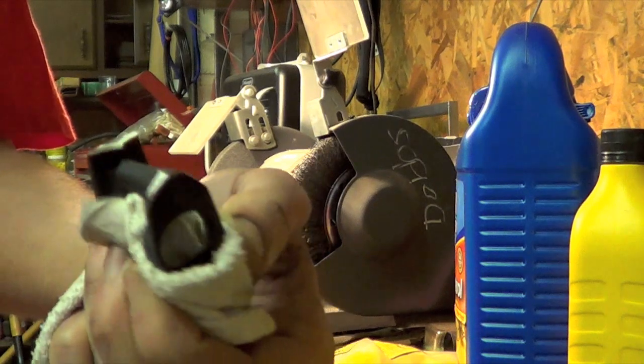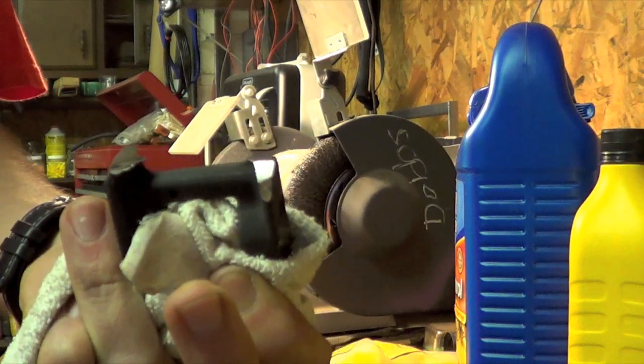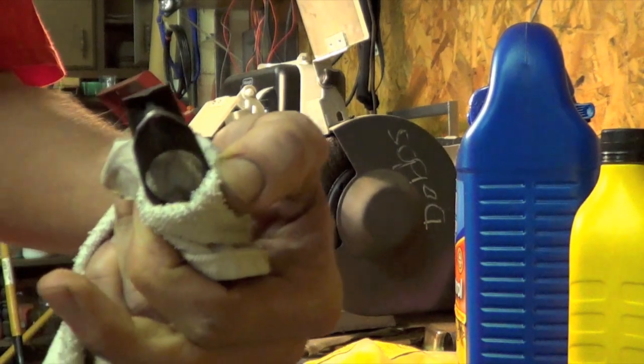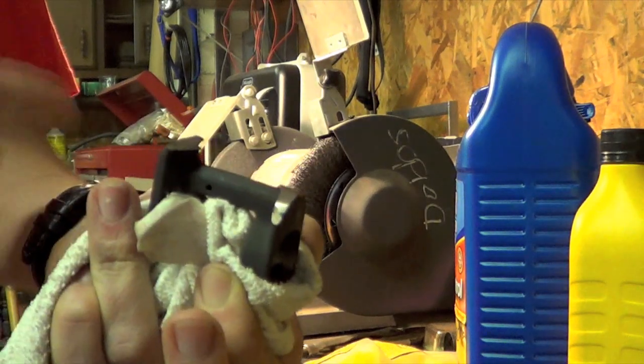So this is the point we've ground it down to. On a lot of rails that would be perfect and you wouldn't have to take any more, but we're going to be using the Troy rail. The Troy rail that you guys saw earlier in the video is very, very low profile, as are a lot of the newer rails like the Midwest Industries Gen 2, etc. So for those, you really want to make sure you get down in there, make it really, really low profile,